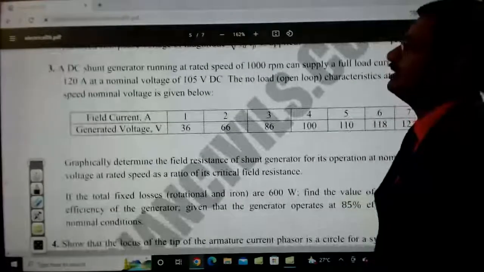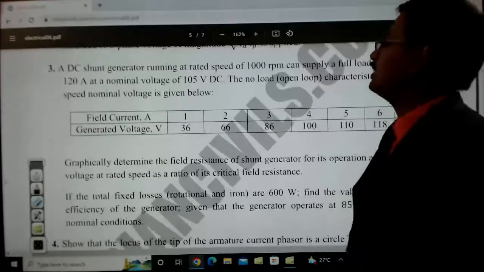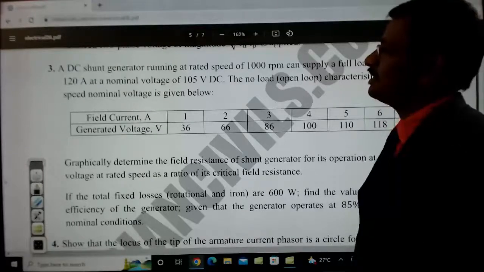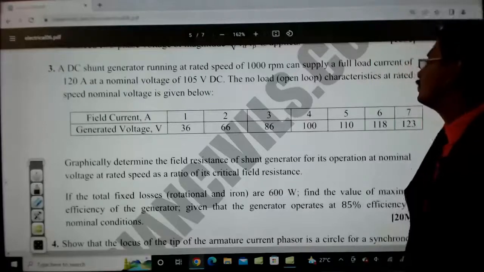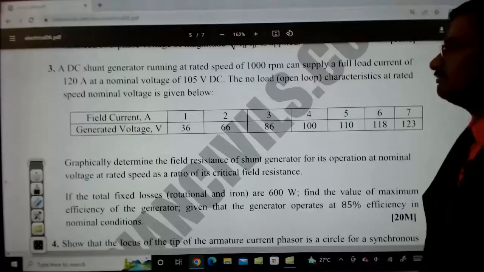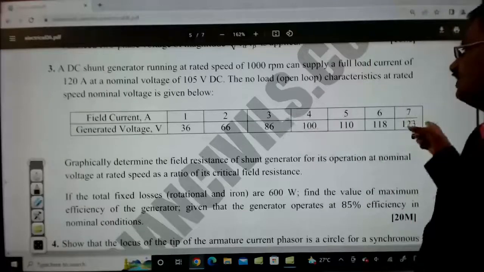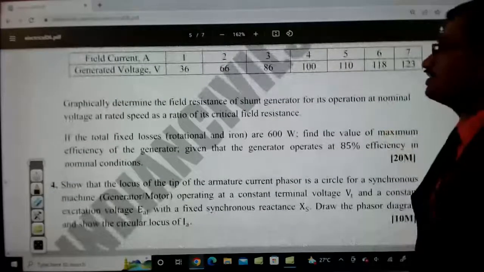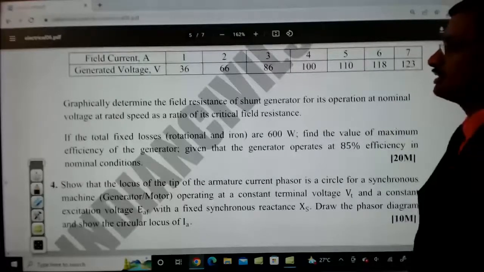And then this third question is: a DC shunt generator running at rated speed of 1000 RPM can supply a full load current of 120 ampere at a nominal voltage of 105 volts DC. The no load, open loop characteristics at rated speed are given by field current and the generated voltage that were given here. So for different values of the field current, the voltage that is going to be generated was given. Now graphically determine the field resistance of the shunt generator